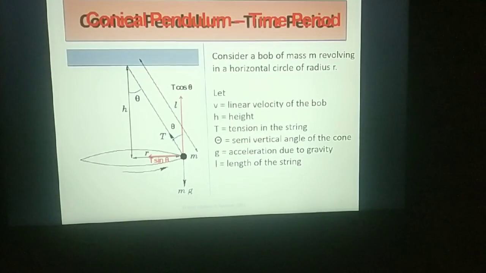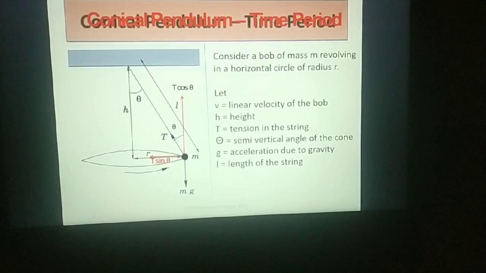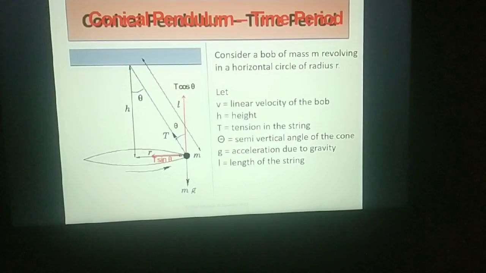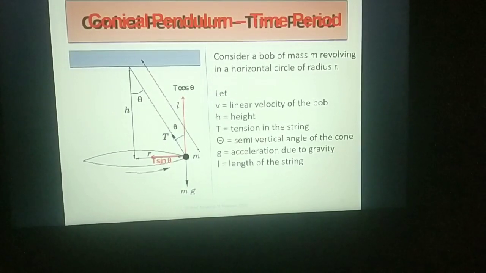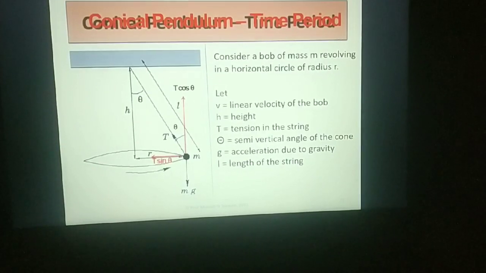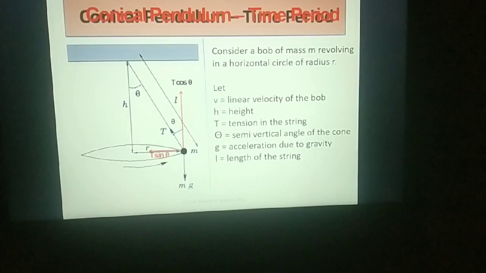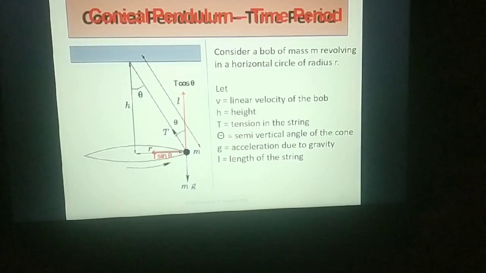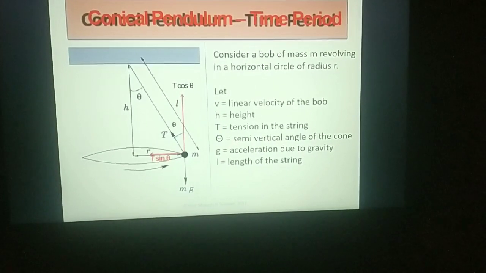You can see this in your diagram. We take the conical pendulum with a bob of mass m, so the weight will be vertically downward, mg. Tension along the string towards the rigid support will be T. The angle between h and the string will be theta, the semi-vertical angle. When taking the vector diagram, the adjacent side of T will be T cos theta, because the angle will be the same, theta, as an alternate interior angle.